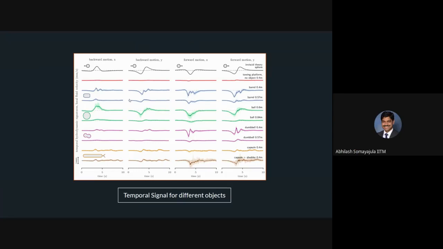Okay, so if you look at the first line for forward motion and backward motion, column number 1 and column number 3 will be simply inverse of each other, because it's a uniform sphere which is symmetric in nature. Whereas the moment you come to the last one, that so-called submarine kind of a thingy, you'll see that the signature will not be the same in the forward and the backward motion.